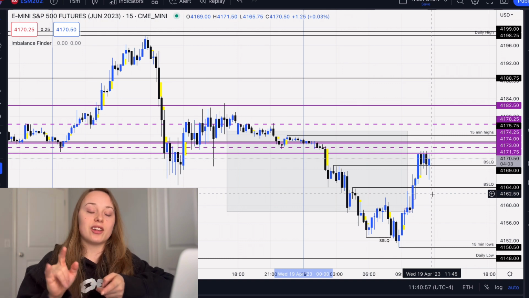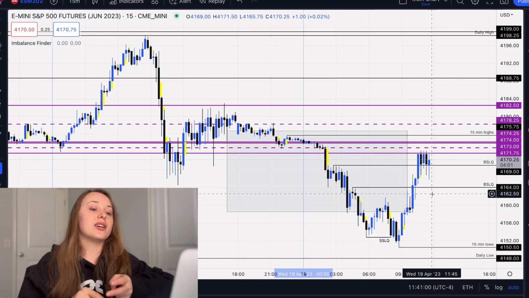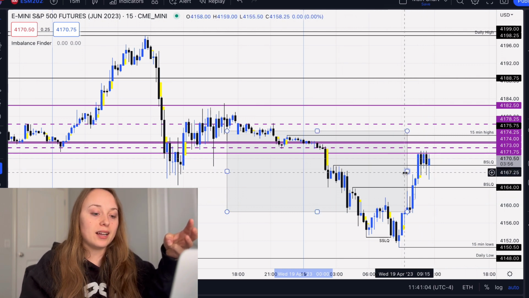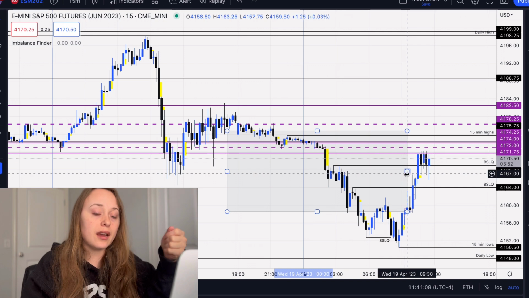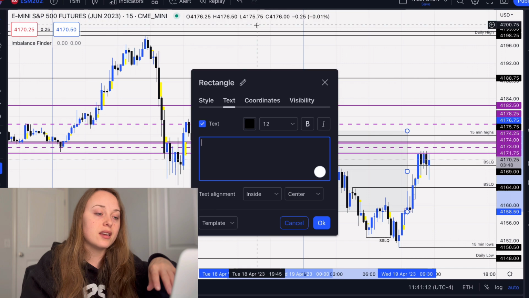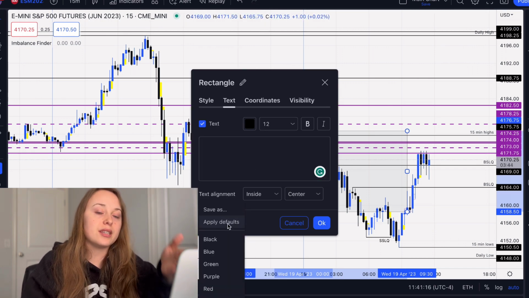FVGs, fair value gaps, are purple. Breakers are green. Opening range gaps are black. Mitigation blocks are red. And I don't use all of them, but I do like to have them color coded just in case. So I'll just go to settings on this rectangle, and then I made all these templates